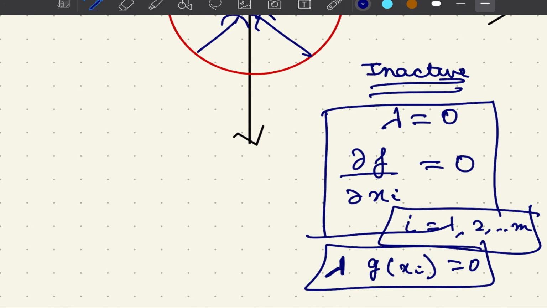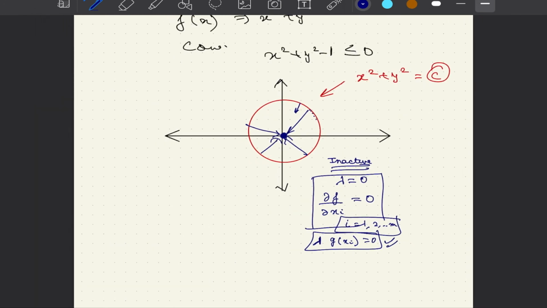And this particular result would become very important when we go to our next video. But to remember here, if lambda equal to 0, the constraint becomes inactive, and we can solve the problem as if it is a problem of unconstrained optimization. Now the question arises: do we keep on checking where our solution is, or do we have a generic way to identify the feasible solution? And that is exactly what the Karush-Kuhn-Tucker conditions will help us answer, which will be the subject of our next video. Thank you.